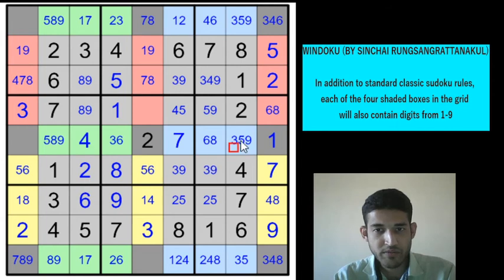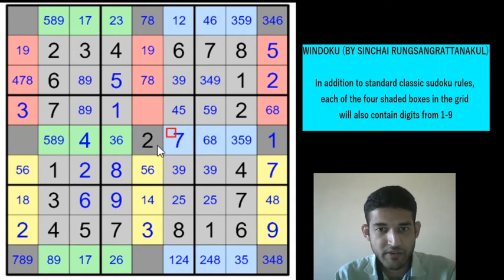So 3 is in one of these two cells and 3 has to be in one of these two cells. In red sets, we have marked 2, 5, 1, 3, 9. So 4, 6, 7 and 8 have to be marked. But 7 and 8 cannot be in this cell, row 4 column 5. So this will be only 4 or 6.